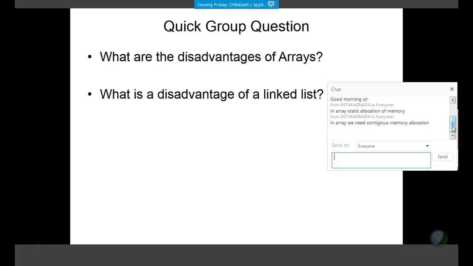Now, in a linked list, we have seen enough examples where we did dynamic memory allocation, right? So you allocate memory only when needed. Big advantage over an array. And since each block is logically linked in a linked list, you don't need contiguous memory allocation. As long as the pointers are pointing to the right node, you are good. Insertion into the array becomes